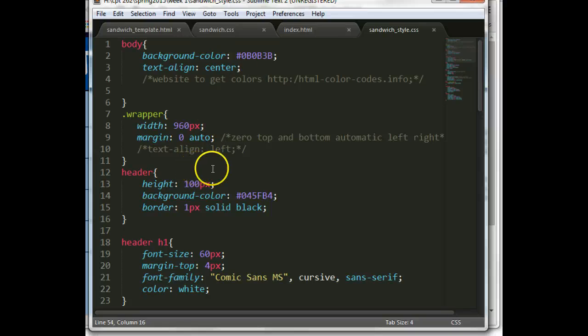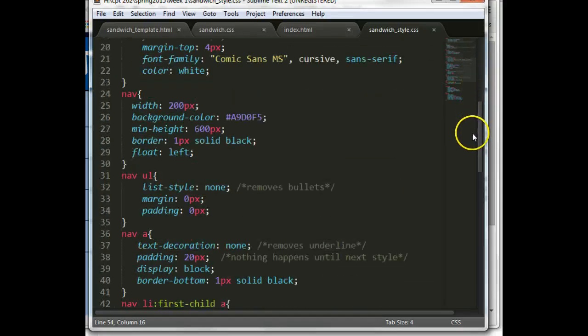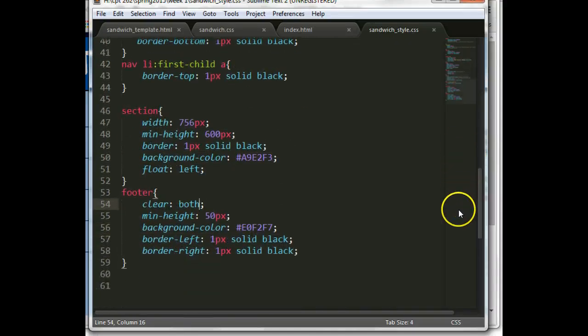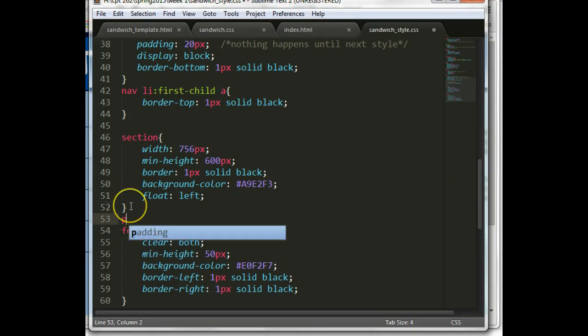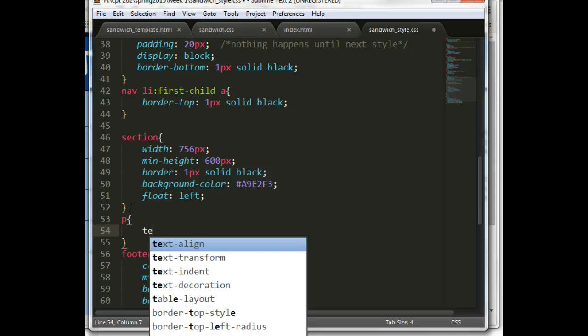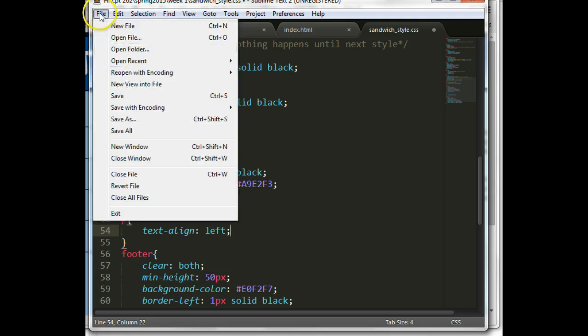Since we know we want all our text to be left aligned, we can go down here, and since our paragraphs are going to be in our section, after our section we'll put in paragraph, parenthesis, and then we'll do text-align left. Okay, then we'll do File and Save,